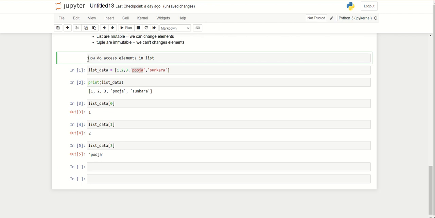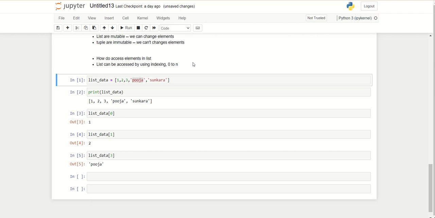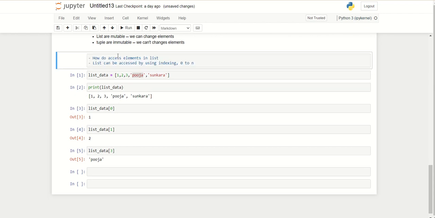So here I will write a point: list can be accessed by using indexing, 0 to n. Okay. The next one,